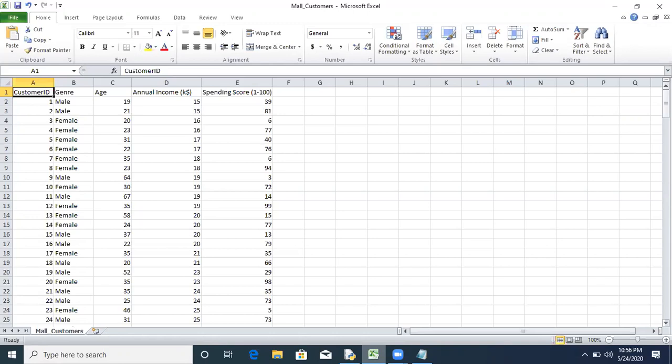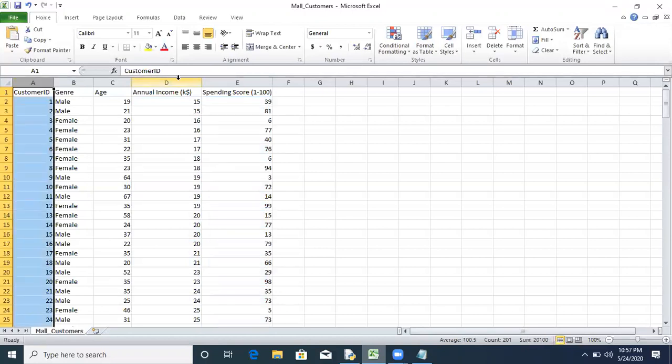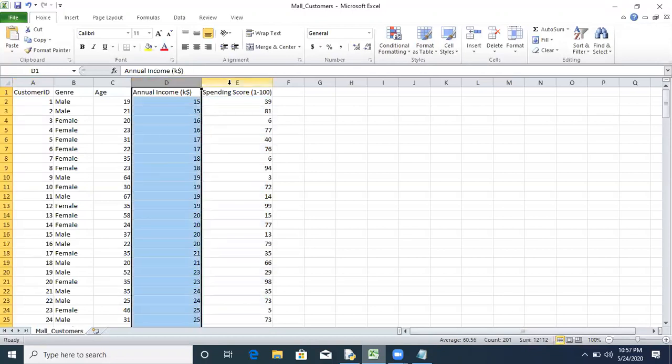Now we want to categorize this data according to annual income and spending score. These are column number 3 and 4, which we will consider as the columns of our interest. We want to segment based on these two pieces of information. The customer ID, gender, and age will not be considered, just annual income and spending score. So column number 3 and column number 4, because in Python the column numbering starts from 0. So 3 and 4 will be considered for our categorization.